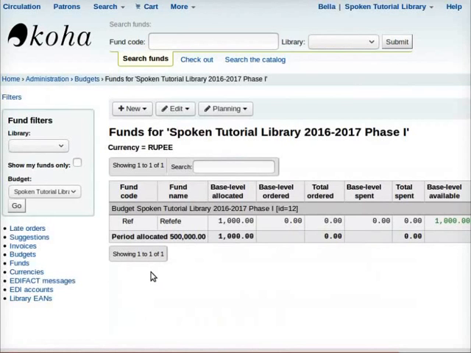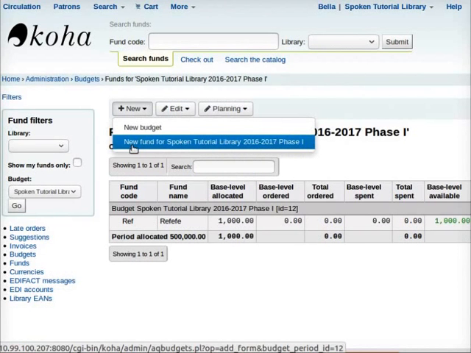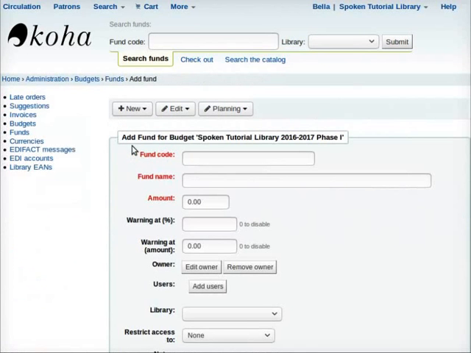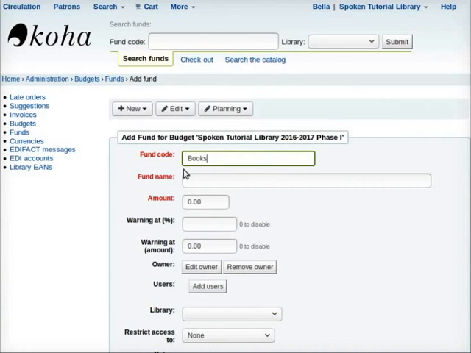2016-2017 Phase 1. A new page, Funds for Spoken Tutorial Library 2016-2017 Phase 1, opens. Just above the funds for Spoken Tutorial Library 2016-2017 Phase 1, locate and click on the tab New. From the drop-down, select New Fund for Spoken Tutorial Library 2016-2017 Phase 1. In the new page that opens up, fill in the details such as Fund Code Books, Fund